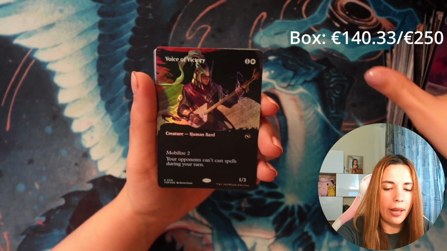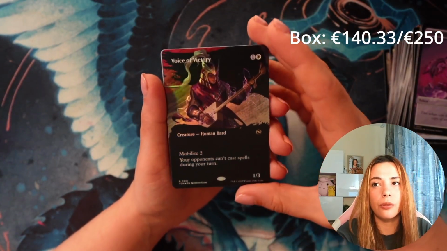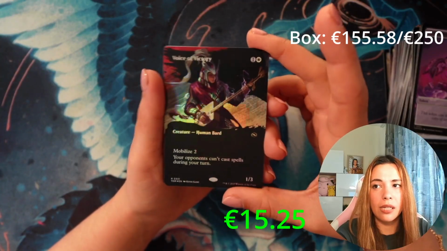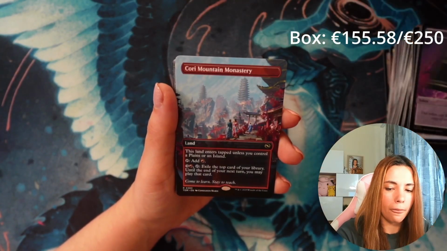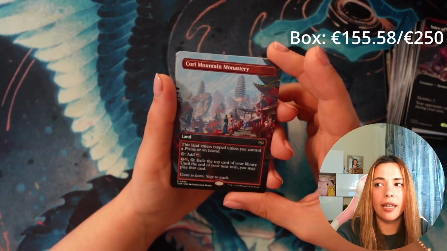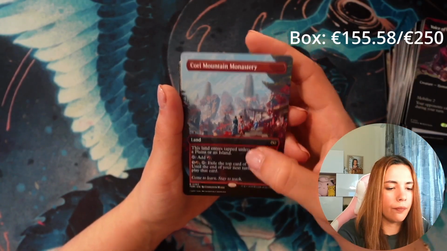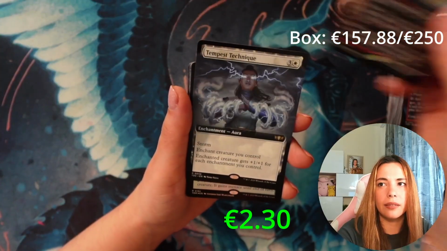Voice of Victory is not bad though. Okay, this card is worth something, especially in foil. I'll say 12 euros is the average in foil with this treatment. So let's say 12 euros. That is nice. This is the red land. It's not worth much. Again, only the blue one is. This probably is, let's say 1 euro. This one is nothing, maybe 1 euro, but...